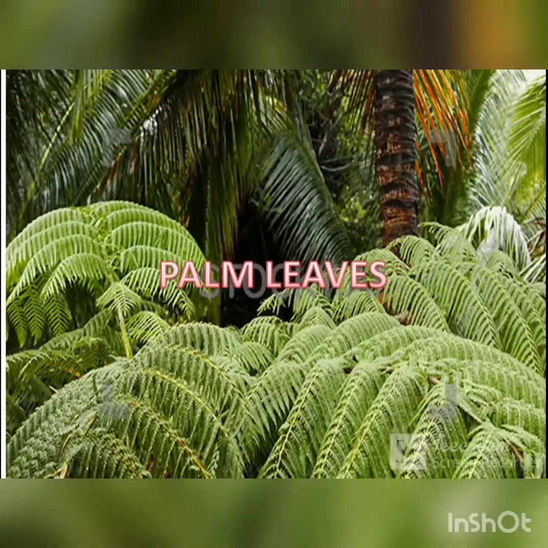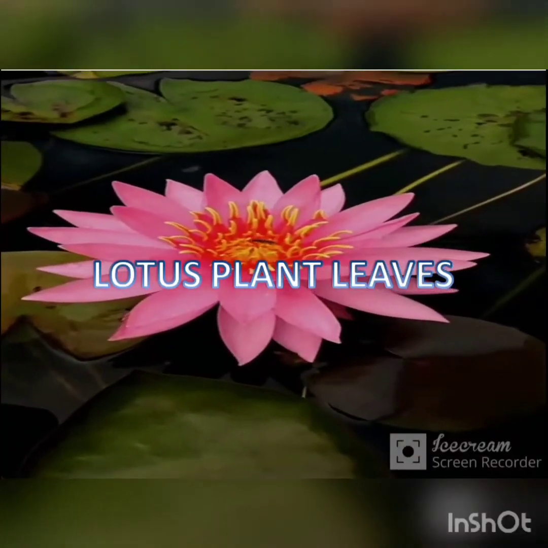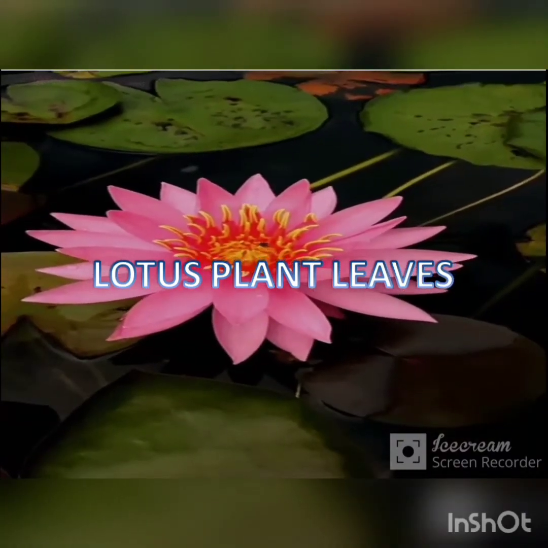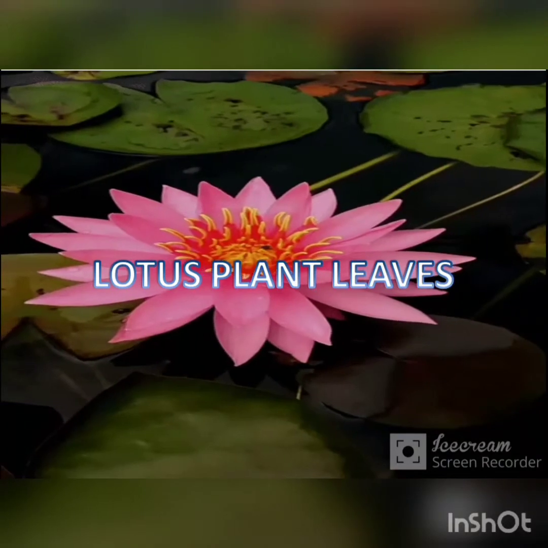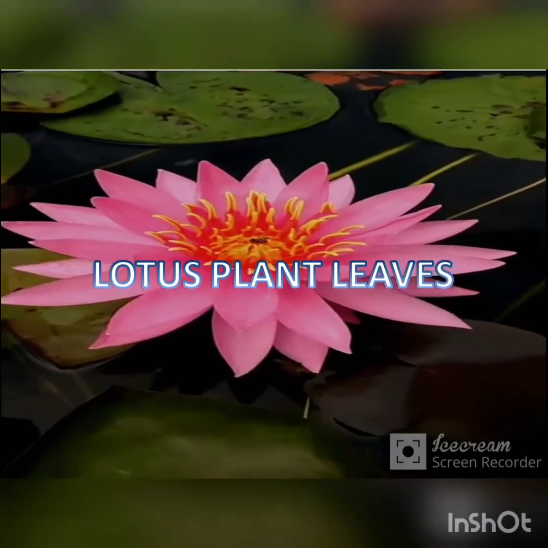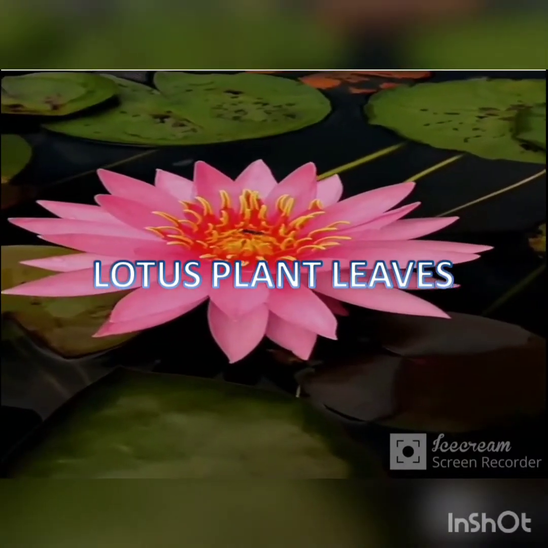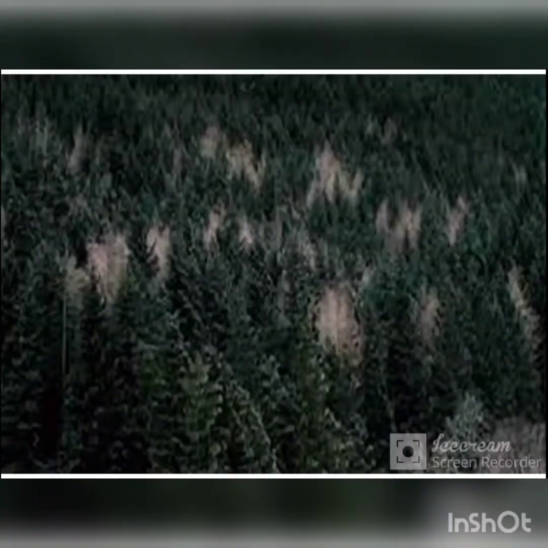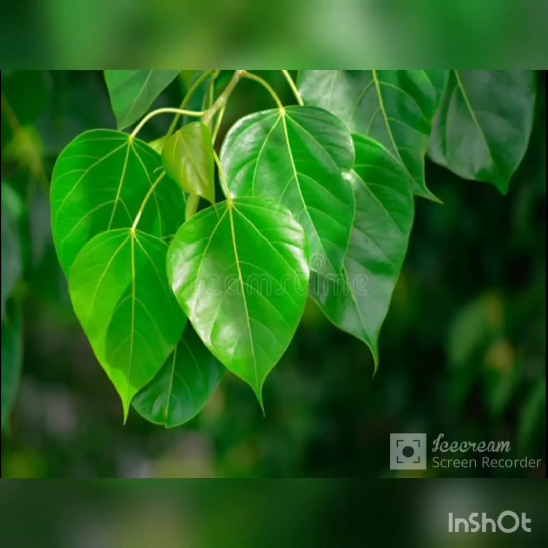Let us come to the next leaf, that is lotus. I don't know how many of you have seen lotus, but near a school there's a lotus garden, and in that pond you see so many lotus and their leaves are round. So if you want to see, you can go and see the real lotus flower. Their leaves are round. And pine has needle like shaped leaves. And here you can see peepal. Peepal has triangular leaves.